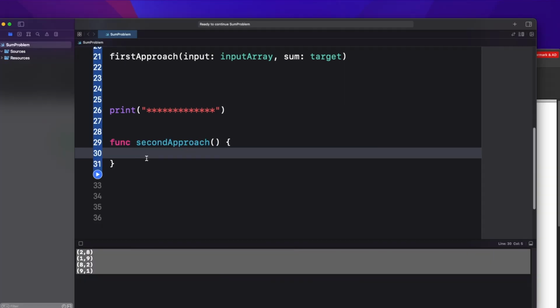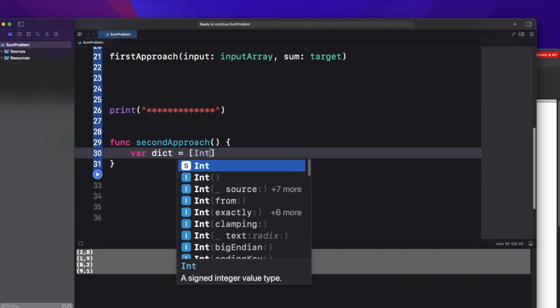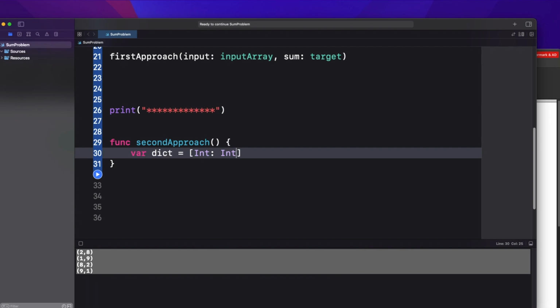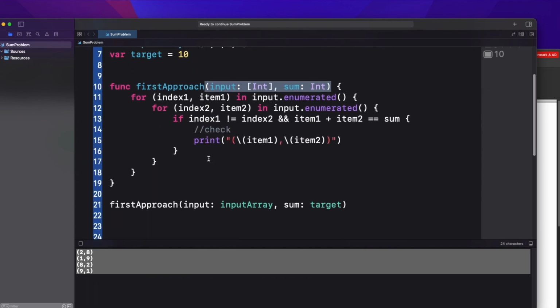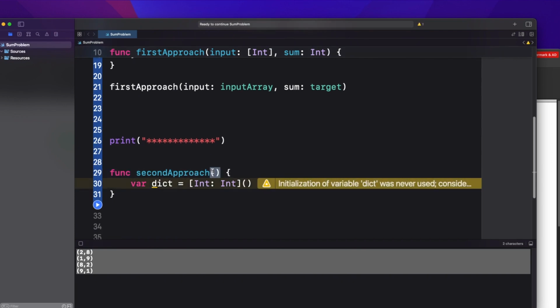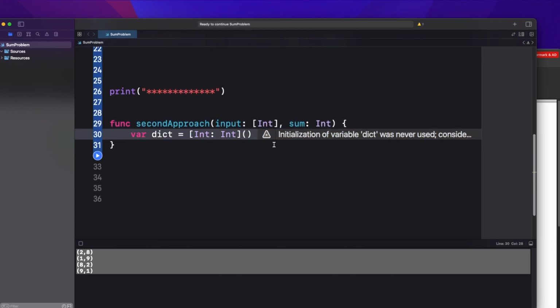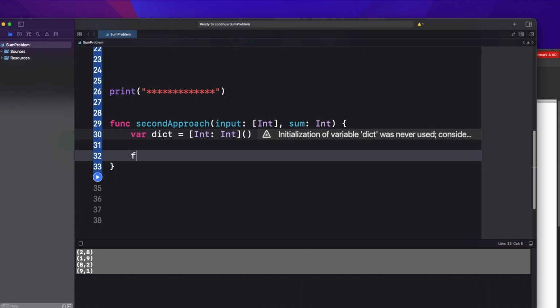Now here what I'm going to do is take a dictionary. So dict, and this will be int colon int. Okay, I'm just going to copy this same syntax here, and now I will again iterate. So for item in my input,